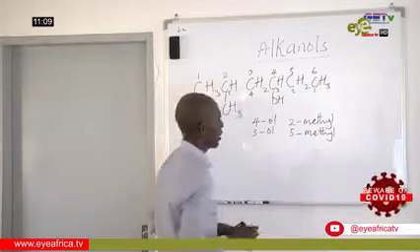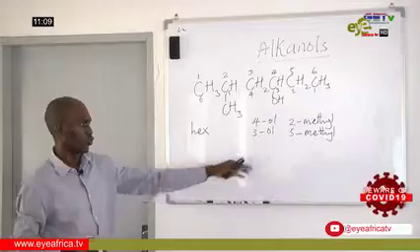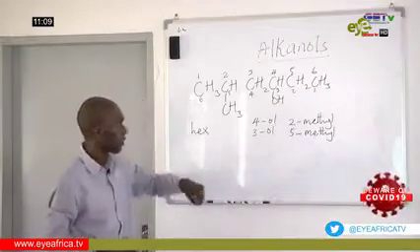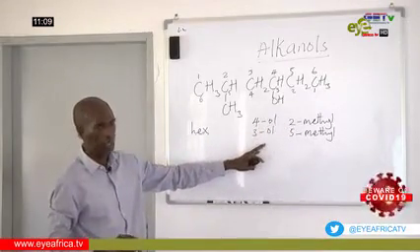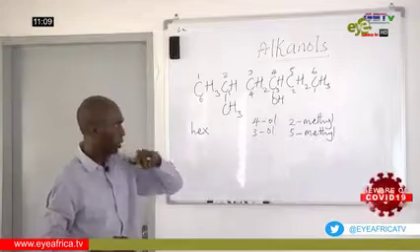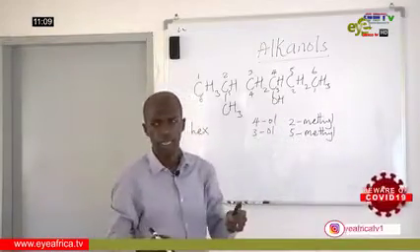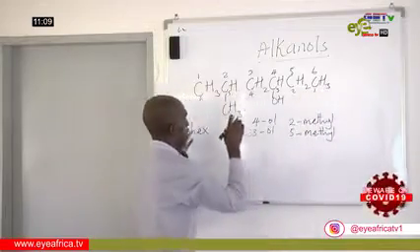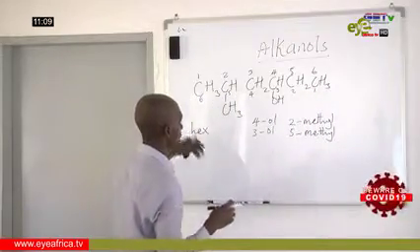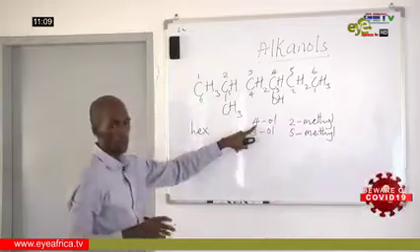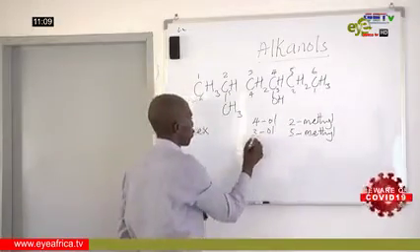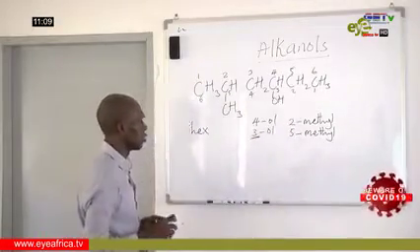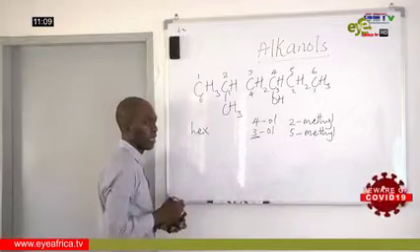And here, the lowest numbering for the methyl group is 2, and then the lowest numbering for the alcohol is 3. But since alcohol takes precedence, we're going to count from our right, not from our left. Because from the left-hand side, the alcohol is going to be on carbon number 4, but from the right-hand side, the alcohol is going to be on carbon number 3. So therefore, this compound will be named as